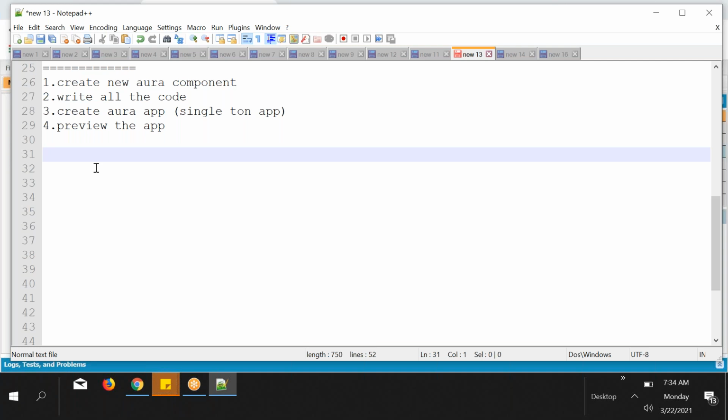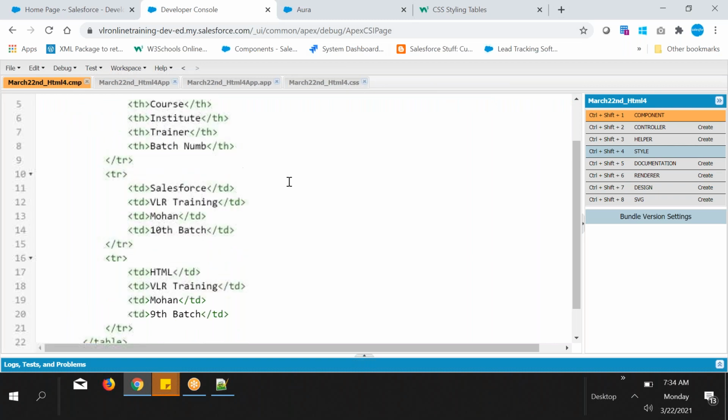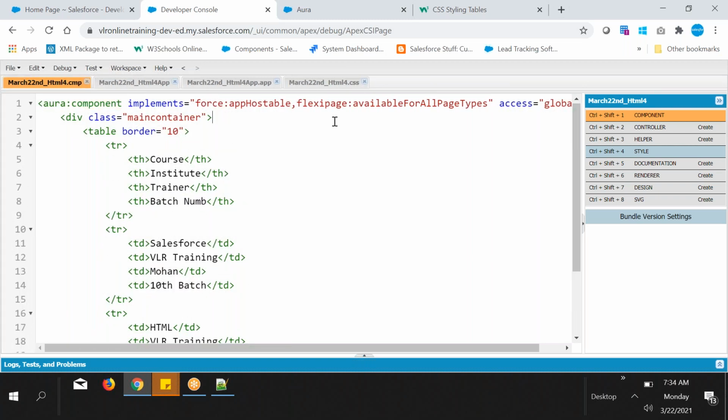Go and practice. But you need to practice here only, in the ARA component, not outside. And during that time, some people will explain about the CSS classes also that you don't know. Once my class is completed, then you can understand the CSS also. So that's all for tables, guys.